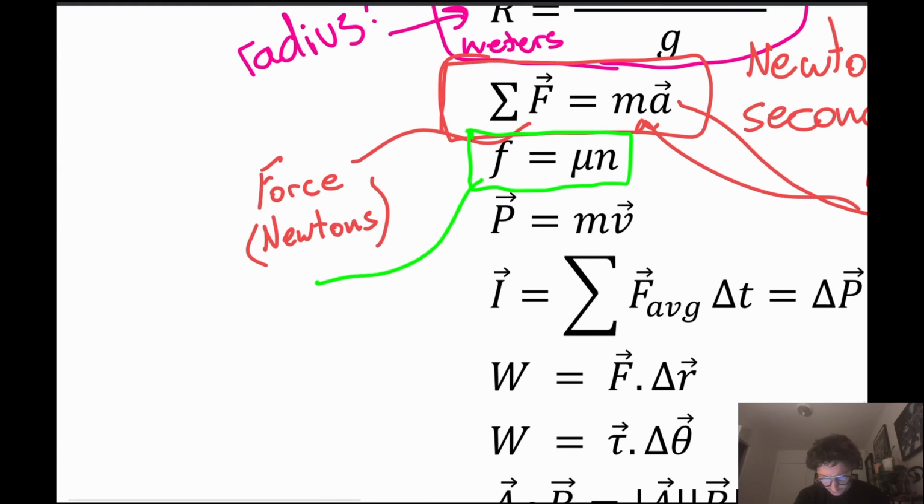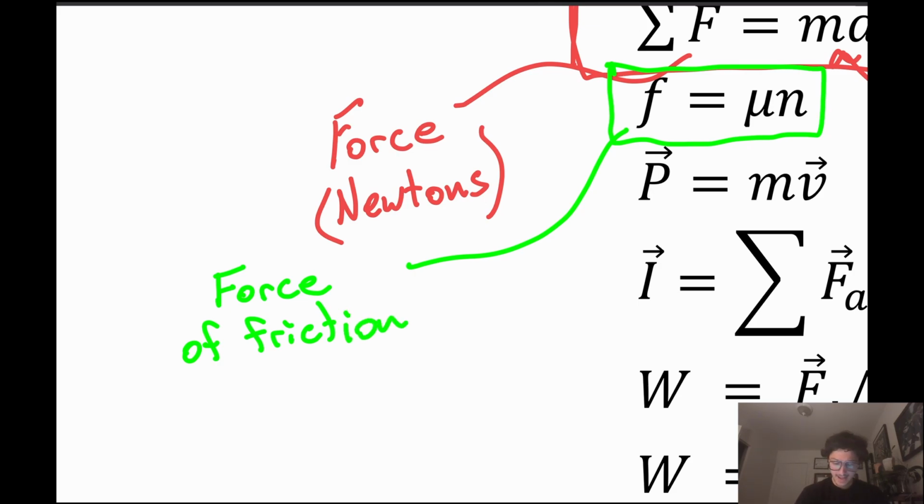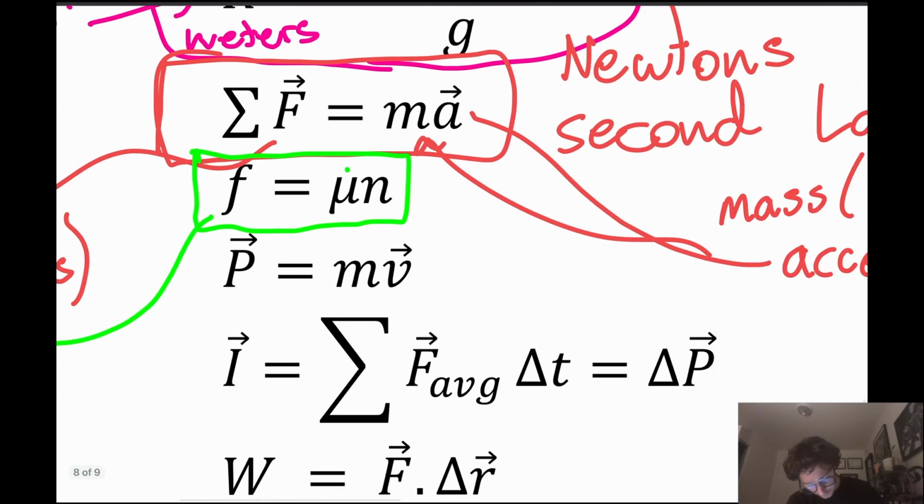So this F is force of friction, and this is super important. If you see anything related to friction, this equation automatically will come up. And this mu over here, this Greek letter mu, is the